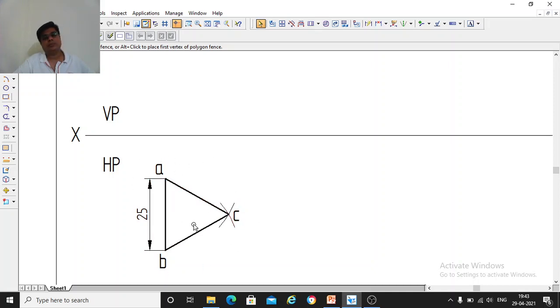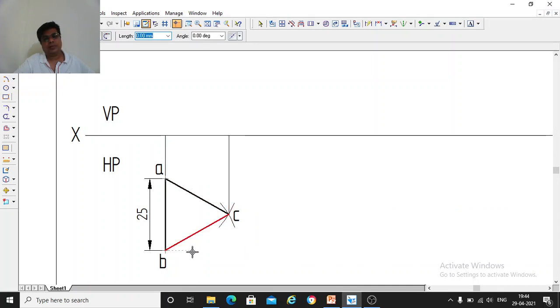Once we get the top view, I should draw the front view. So I am seeing from here. When I project this here, this BC will be seen, it will be projected on the vertical plane. Since the plane is on HP, the front view will be on this XY line. So take the micro tip pencil, and from all the corners you draw a vertical line connecting to the vertical plane. From A and B you draw here, from C you draw and connect it to this XY line.